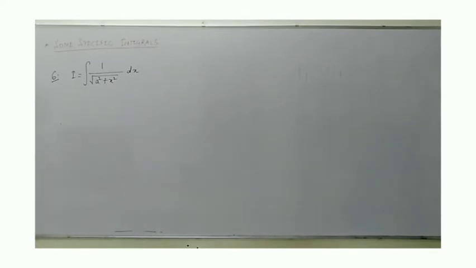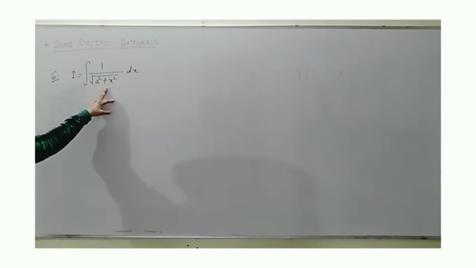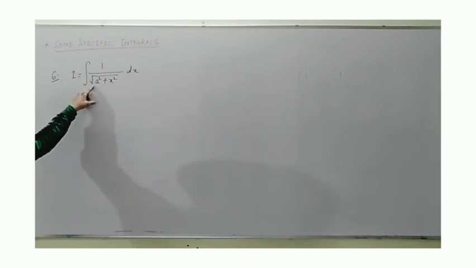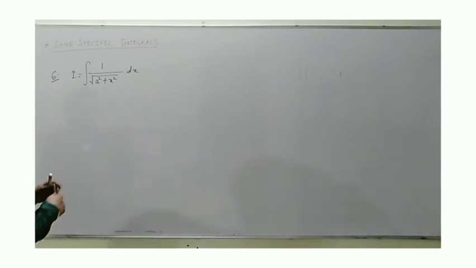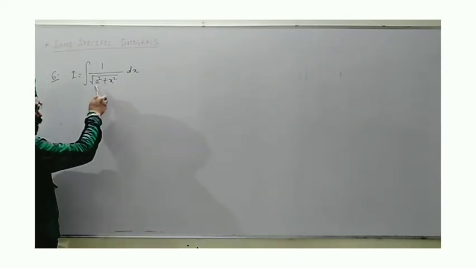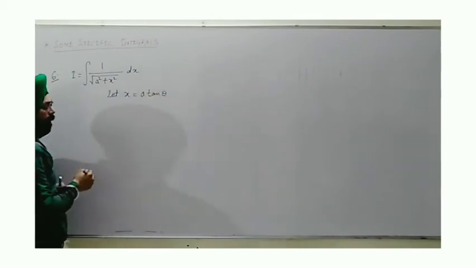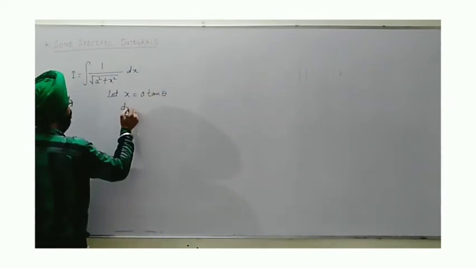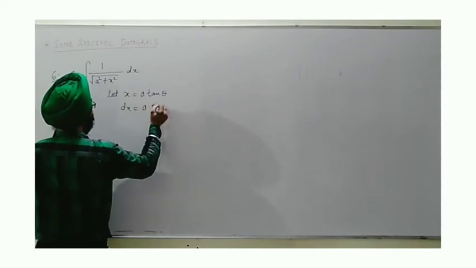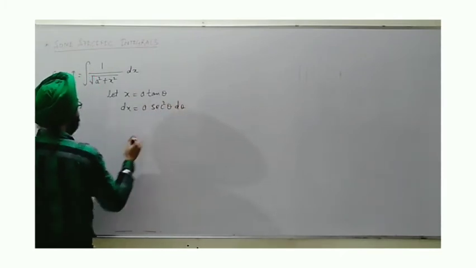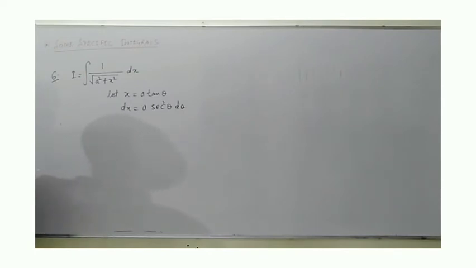The last pattern of this group, we find all are similar things. The only thing is a square plus x square. Now here, as I said, whenever we have this square root, obviously for derivation we need to use a trigonometric substitution. And in this pattern, whenever we have addition of the constant and x square, we need to substitute x by a tan theta or a cot theta. Differentiating, we get dx as a sec square theta d theta.